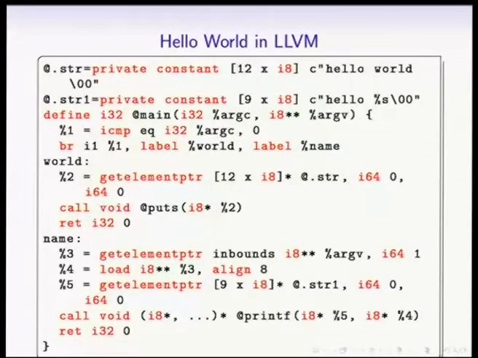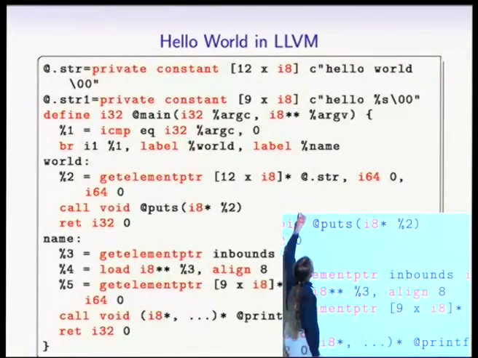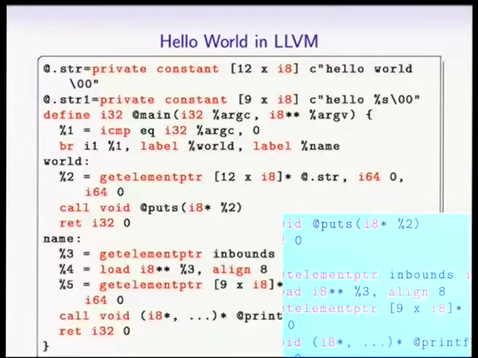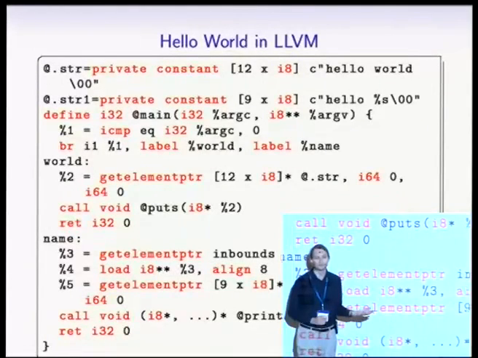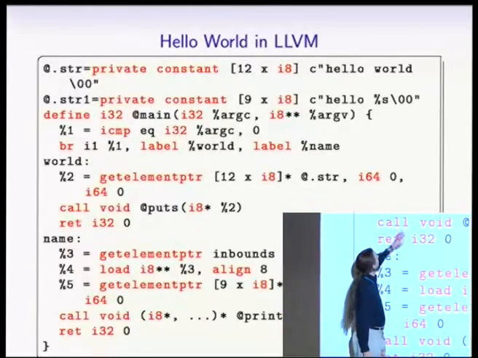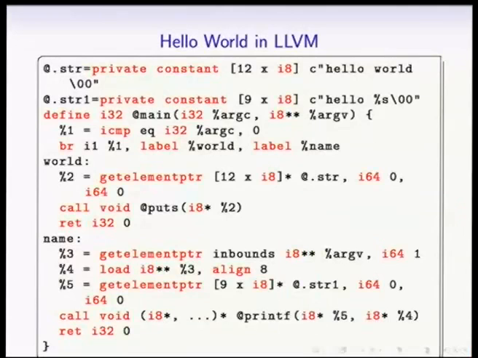Registers that start with a % are local registers. Registers that start with an @ are global registers. But that's just a little detail. So this is returning something which is an i1. It doesn't say, but the type when you use it is an i1, and i means integer, 1 means 1 bit. So it's basically a Boolean value. And then you branch based on that. So if this is true, then you go to this label world. Otherwise, you go to the label name, and labels are just text strings. They can be anything.